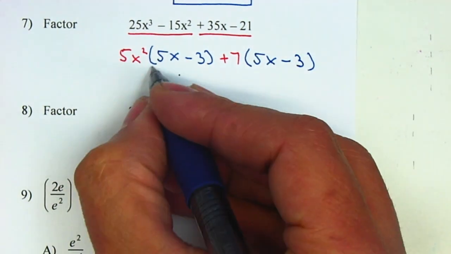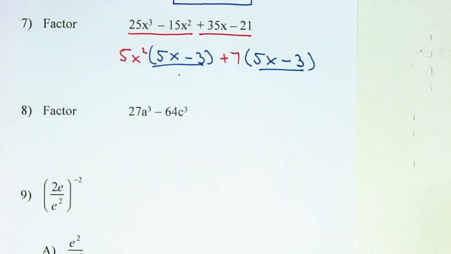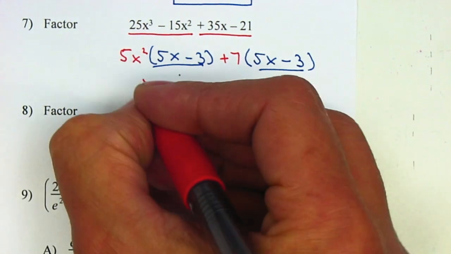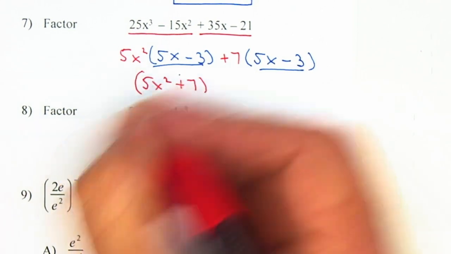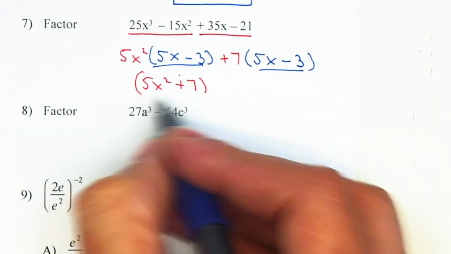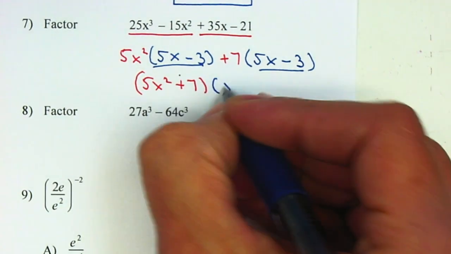Notice that these two should always be the same. 5x squared plus 7 in parentheses. Some of you guys are forgetting to place parentheses on this. And we have 5x minus